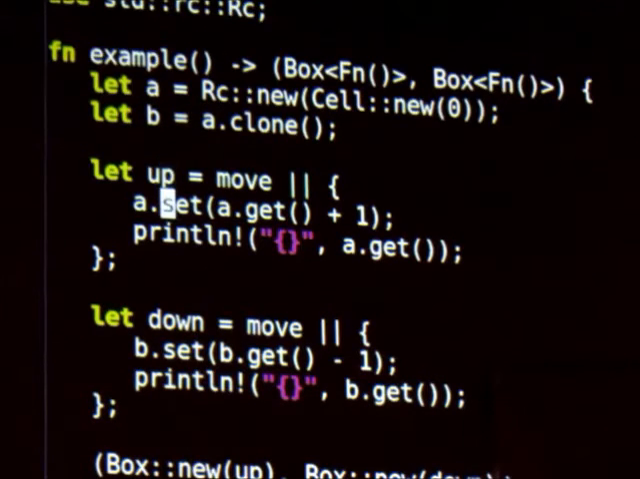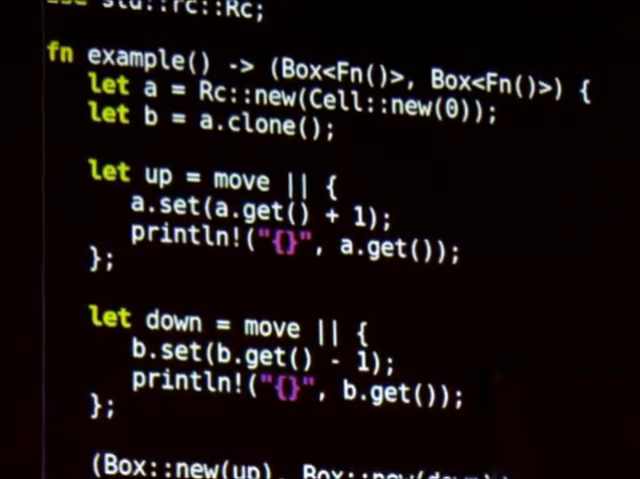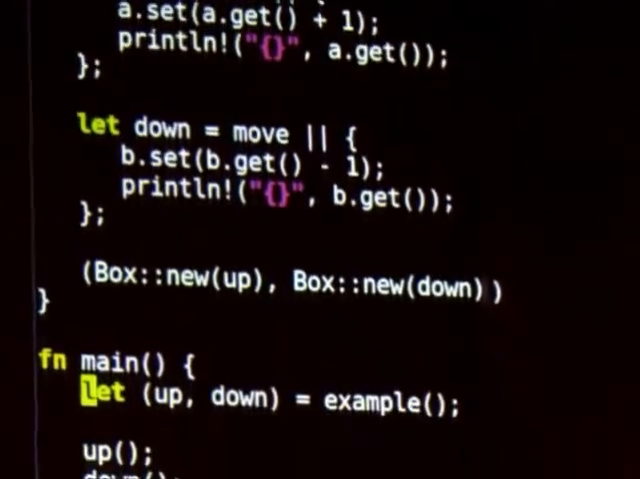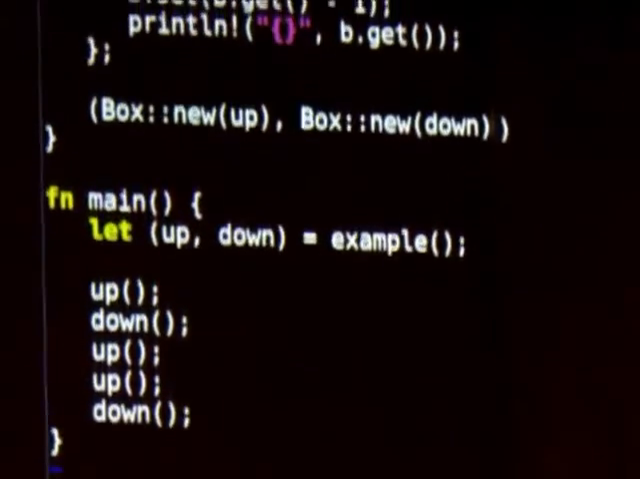Now up closes only over A, and it's a move type of closure. So A is going to move into up. Now up owns A, and down owns B. That's fine. The checker in the compiler is happy because each closure only owns one of the two things. Neither one of them is owned in multiple places. There's no sharing happening. No sharing at all. And then we return it, and then we use it, and it works out